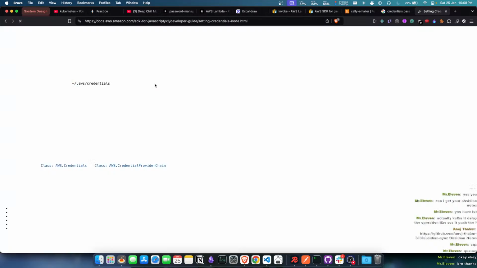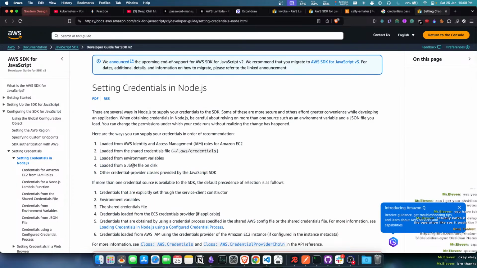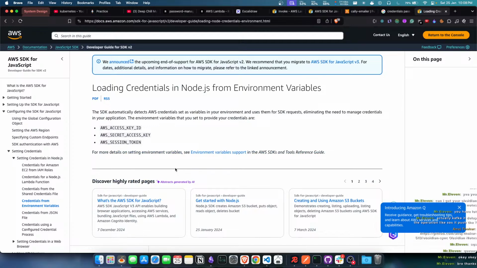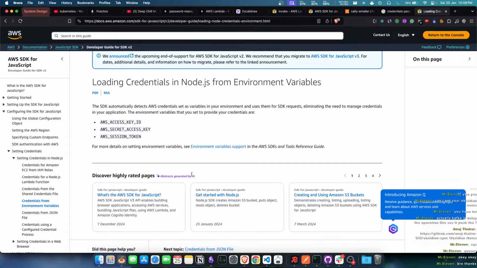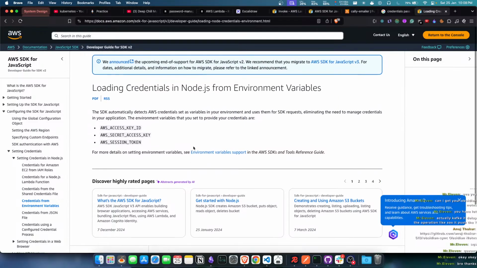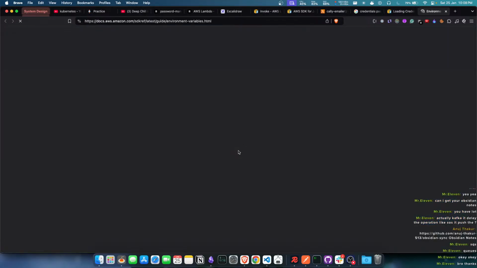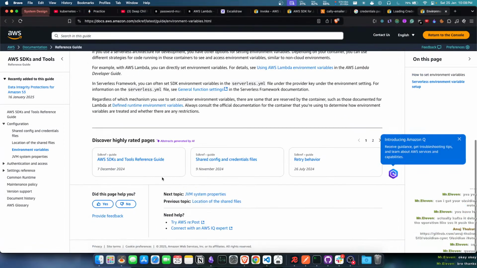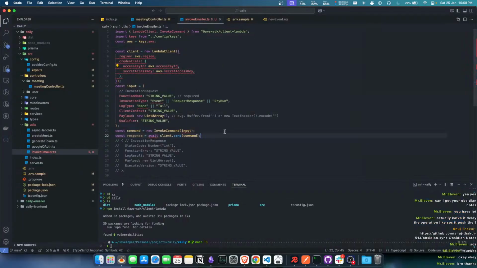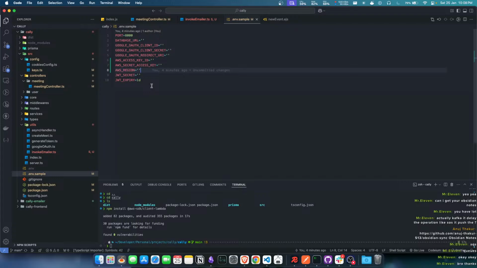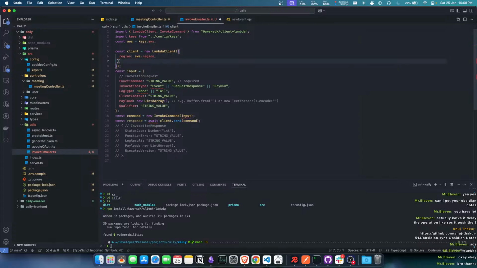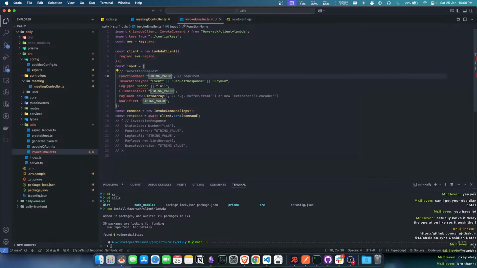Yeah, it is setting credentials. Load from JSON file. AWS access key ID, AWS secret access key. Okay, it will automatically read it, so we don't need to pass it explicitly. Function name is